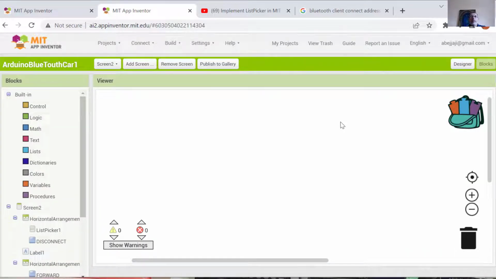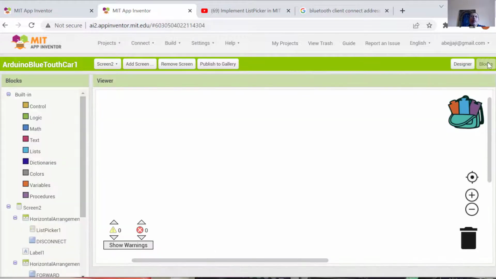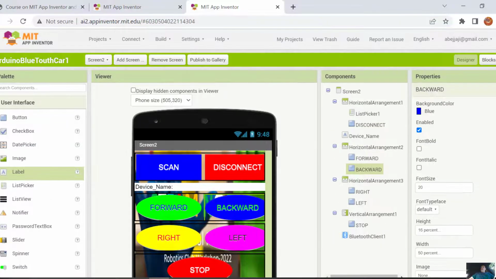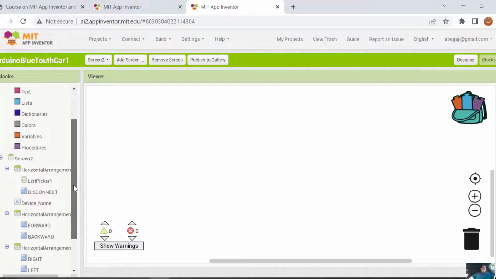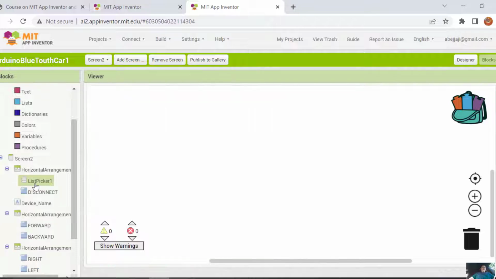Now to start programming our user interface, we go to block codes here. So to program this user interface, we go to block codes. Now that we finished designing our user interface, we have to program each button. To do that, we go to blocks, and under blocks, let's start with the list picker. This is where we have that scanning. So click on list picker,